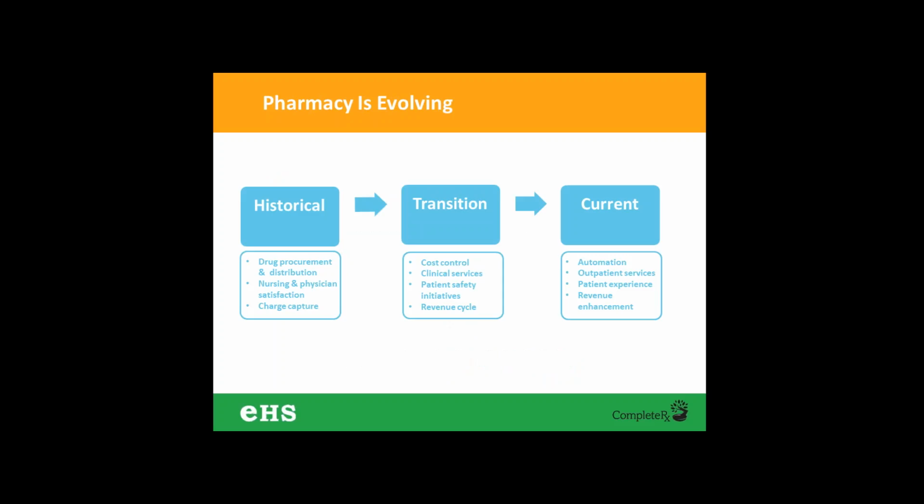Years ago, the hospital pharmacy environment was much different than it is today. The primary function was drug procurement and distribution, maintaining high nursing and physician satisfaction, and ensuring charge capture back when we actually got paid a percentage of charges. During the last 20 years, there have been significant changes in the pharmacy environment. Prospective reimbursement, advent of functional information systems, expansion of clinical pharmacy services, patient safety initiatives, and more pharmacy involvement in